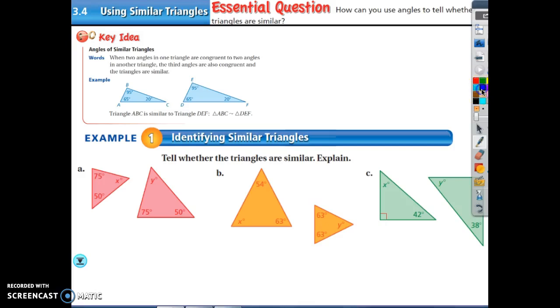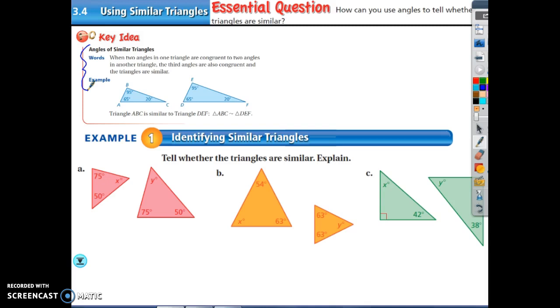Hello, today we're going to be discussing section 3.4, which is on using similar triangles. Here, underneath our key idea, we see that when two angles in one triangle are congruent to two angles in another, then the third angles are also congruent. As we've seen in previous sections, if all three angles in a triangle are congruent, this makes the triangles similar